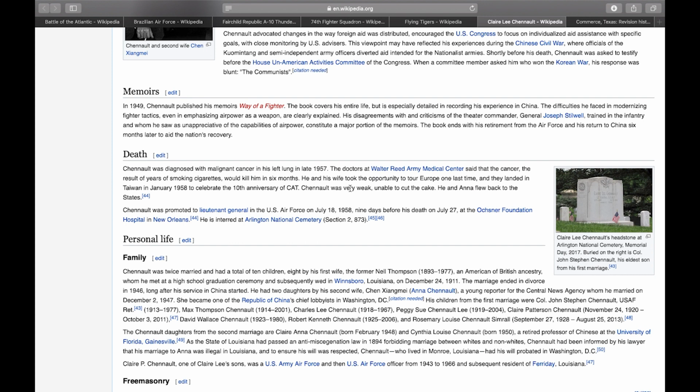He and his wife took the opportunity to tour Europe one last time. And they landed in Taiwan in January 1958 to celebrate the 10th anniversary of CAT. Don't know what that stands for, and there's no hyperlink, unfortunately. I have no idea. But Chenault was very weak, unable to cut the cake, and he and Anna flew back